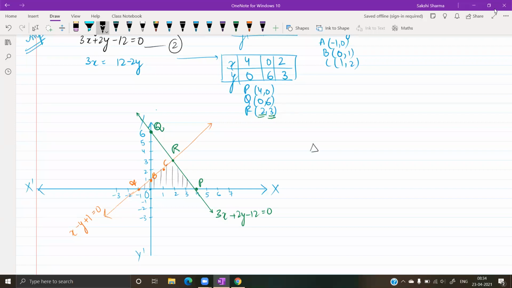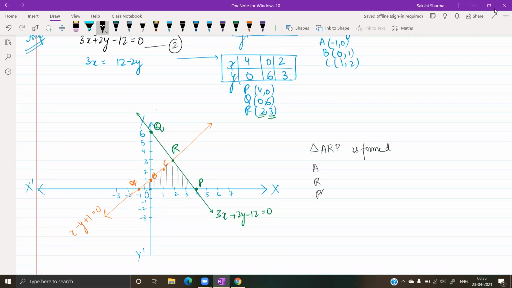Can you name the triangle? Triangle ARP. Triangle ARP is formed, and you have to write down the coordinates of the vertices after shading the triangular region. I'm just following the instructions. You have to identify the triangle, write down the coordinates of the vertices, and you have to show the triangle by shading it. The region is to be marked in your graph as well. So you can just shade that and write down what are the coordinates.